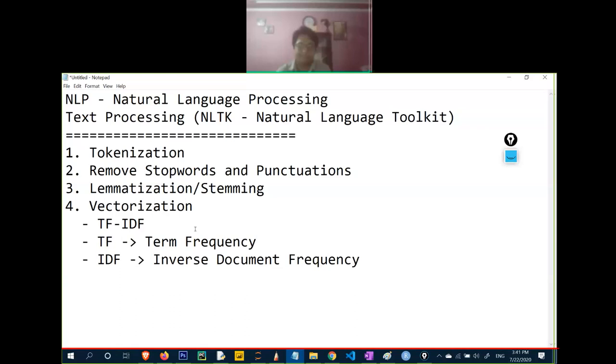So here we convert our text data into vectors, meaning some numerical form, so that I can apply machine learning, because machine learning cannot be applied to text. We have to convert the text into some mathematical or vector form. So that's how it will be converted using TF-IDF, or there is one more technique known as count vectorization. By using any one of the techniques, I can convert my text data into vectors.